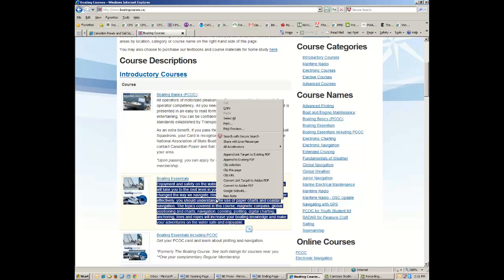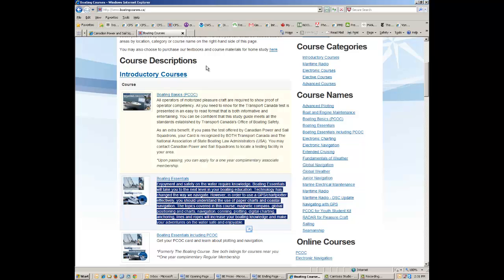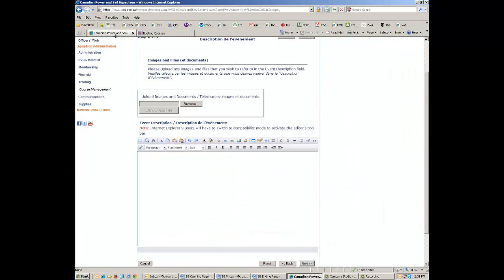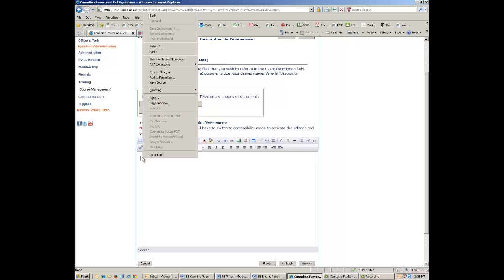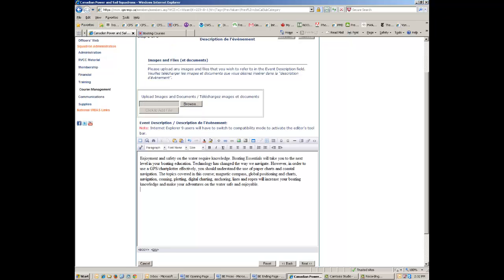So highlight the text, right click, copy. Go back onto our course setup, right click, paste, and there is our course description. Going to the next step,